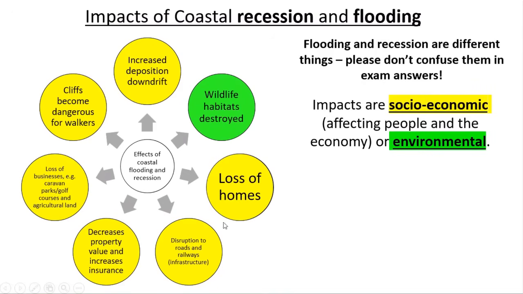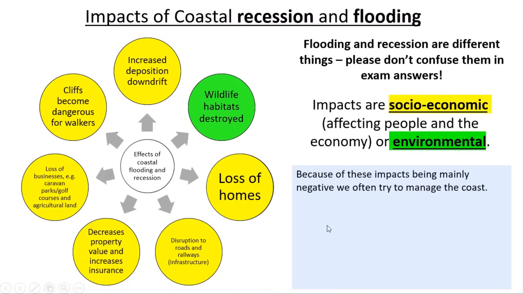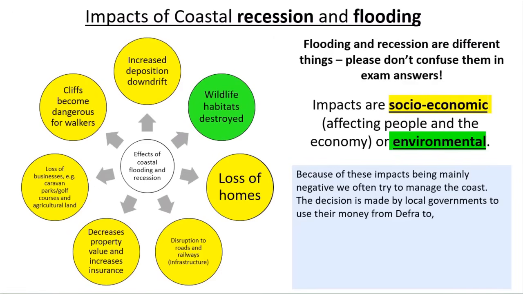What do we do about it if this is happening? Because obviously most of these things are very negative. Well, we've got a choice. We manage the coast four ways, and it's mainly the decision made by local governments. So if you've got a coast as part of your local government, so North Norfolk, for example, they'll get a chunk of money from the Department for Environment, Food and Rural Affairs, or DEFRA. Now, they're a government department, and they, alongside the Environment Agency and local governments, decide what we do along any stretch of coast. So if we take North Norfolk, which would include Cromer, and include other areas like Overstrand, we